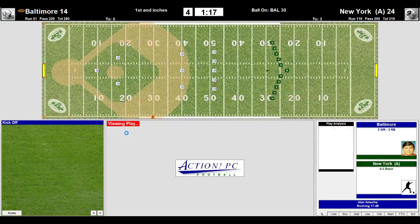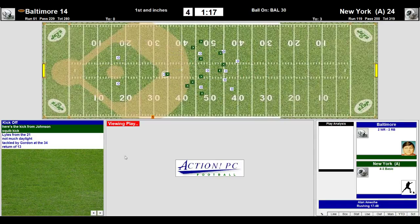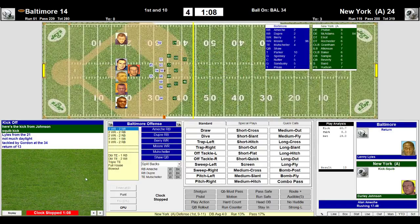So here comes the return, the kickoff by Turner. Minute 17 to play. They need a big return. Lyles brings it back 13 yards, dropped by Gordon. The Colts will start 1st and 10 on their 34. They need chunks of yardage, and quickly. They have no timeouts. They're going to look for the medium out